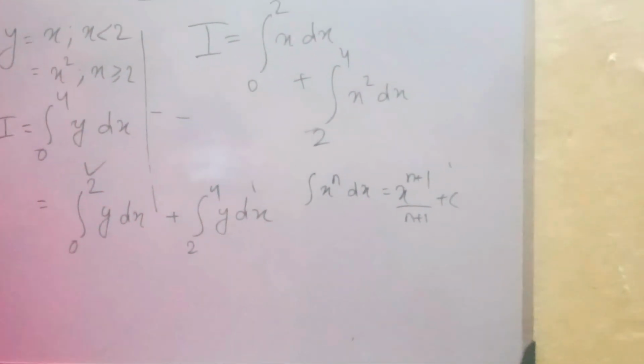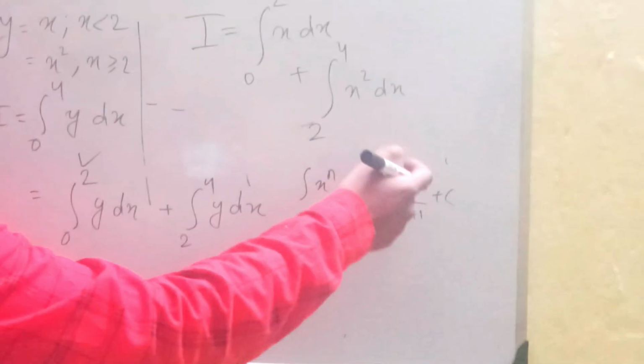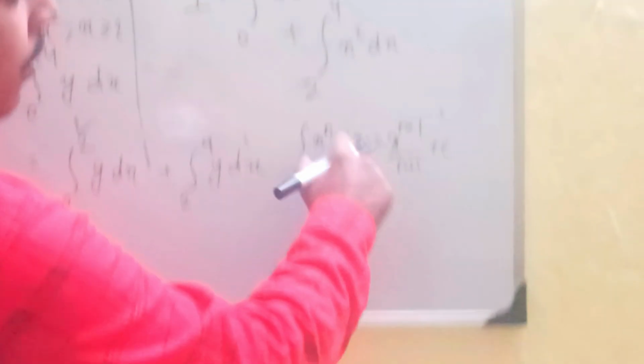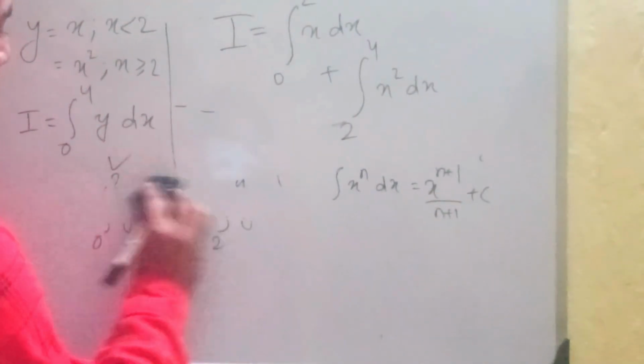Well, we do add a constant plus c, but that is in case of indefinite integration. In case of definite integration, we simply evaluate it at limits, right? So following this rule, we can evaluate both of these integrals very easily. So let me erase this part,